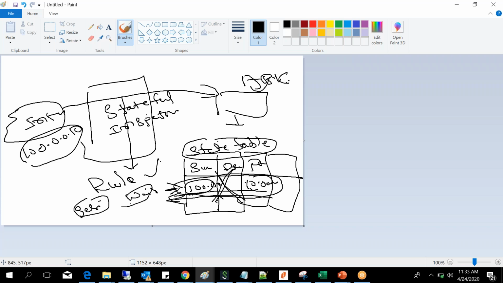Why? There is a security risk, and that is the reason this specific feature is added in the firewall. What is that security risk? DDoS. It's a DDoS attack. To protect from DDoS attacks, the firewall will always keep track of every connection passing from your network to outside and from outside to your network.